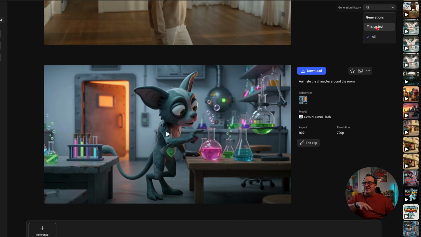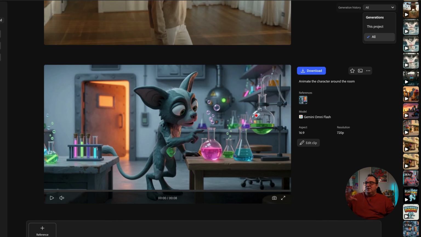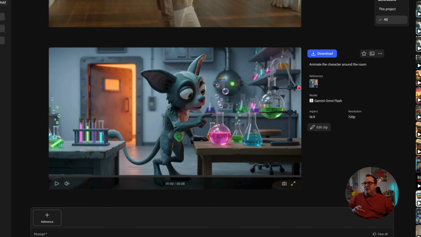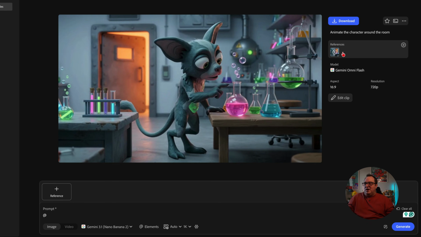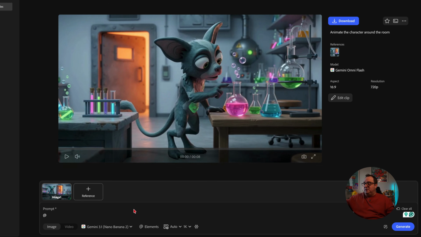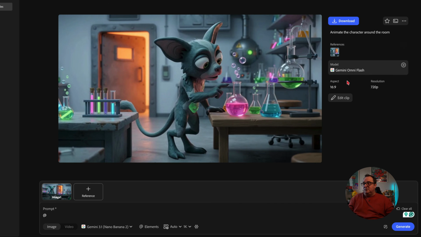One thing I would like to see on here is being able to favorite, but you can see now once we've got some of those generation histories available to us, that then opens up this different area here, so we can see we've got our different references, so we can come back and it will show us what our reference image was, what our prompt was, I think that's available on here. There you go. I can click on the prompt, and that gives us the option to then, if